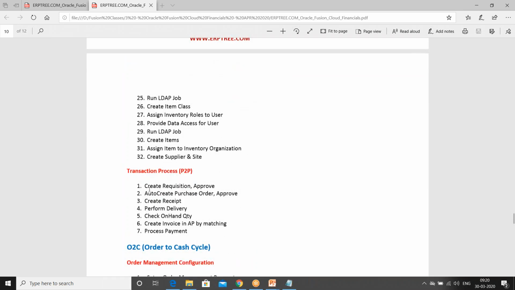Process wise, I'll show you how to create the requisition and how to approve it. That means we will complete all purchasing setups, and we'll set the approvals also for the purchasing application. We'll see how to auto create the purchase order and how to approve. And I'll be covering how to create the purchase order through the manual process, how to create the receipt, how to